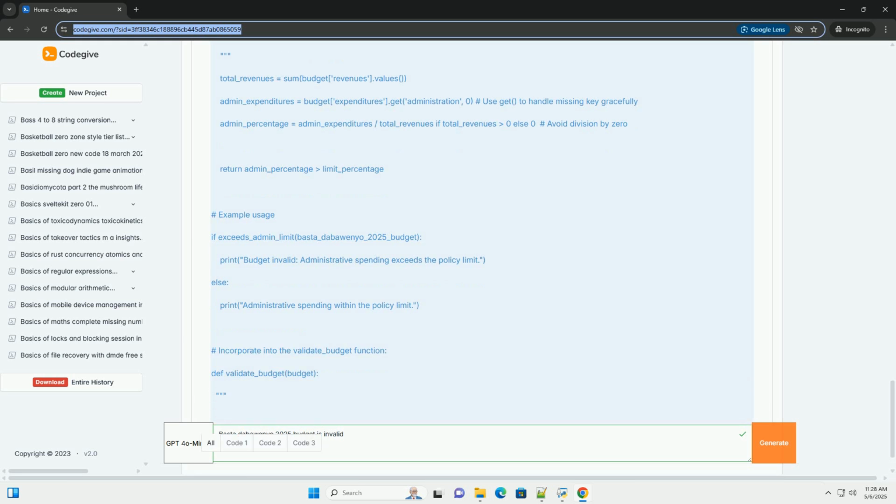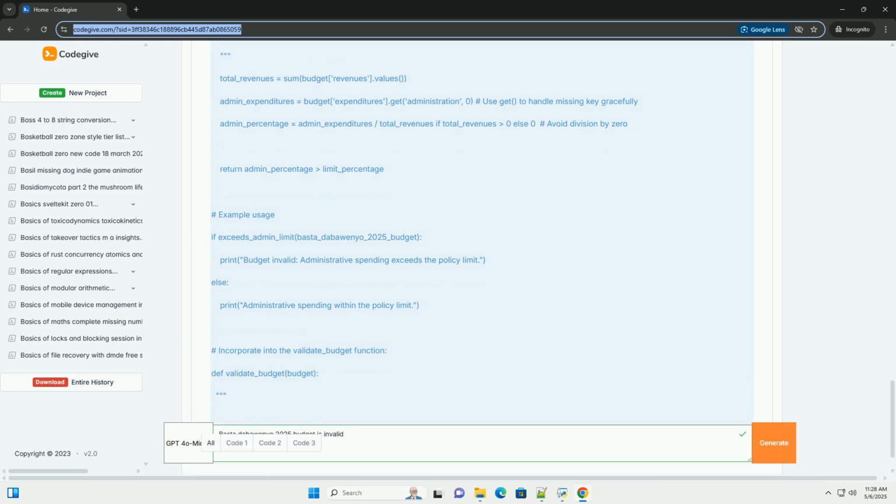Violation of ethical standards: the budget might include allocations that appear to favor certain individuals or groups inappropriately, raising ethical concerns that could lead to its invalidation. Currency issues: dealing with budget data in different currencies without proper conversion can lead to massive errors. Davao, using Philippine pesos, PHP, might get confused with USD amounts. Data integrity: the data itself is corrupted or tampered with, leading to incorrect values.